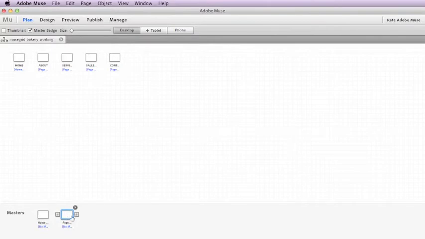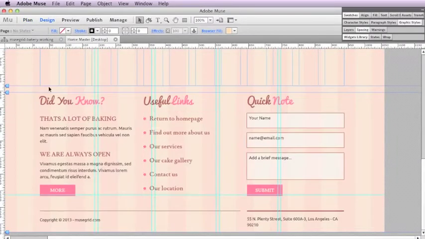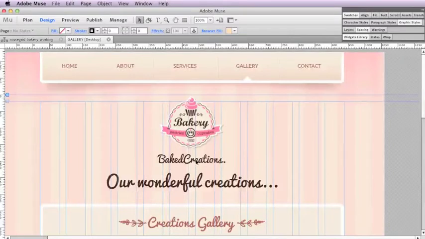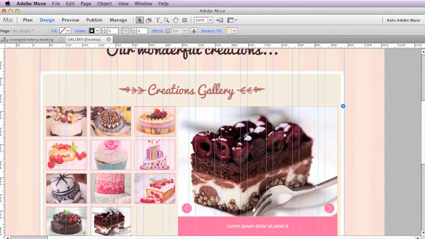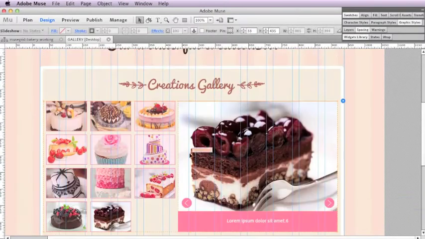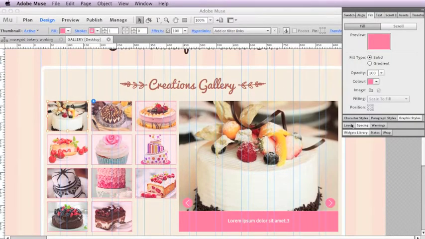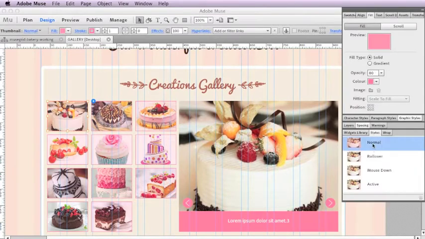We have a home and a page master, very straightforward layouts. In our page master we've got our footer area with all of our different sections here, and I think the main thing that people will be having questions about how to modify is the gallery. So we're just using a normal thumbnail gallery that we've styled up in Muse. We have set the images to be, if we take a look at the fill here, let's pull up the states panel as well. You can see on normal the opacity is set to 80, and then on rollover and active the opacity is set to 100,